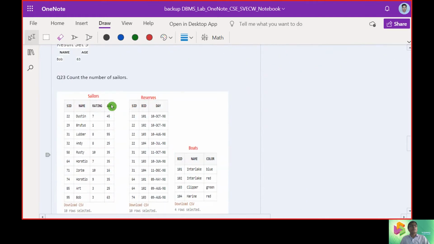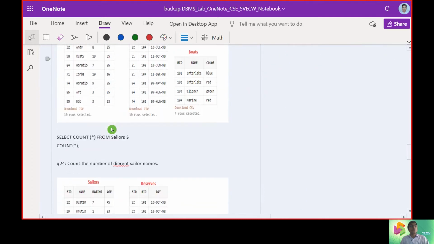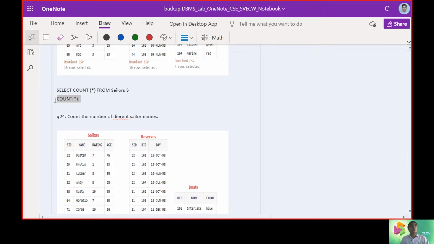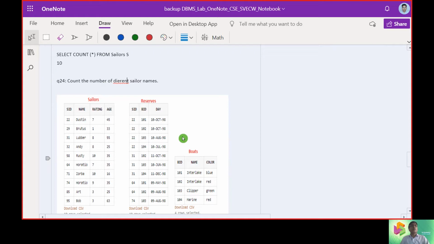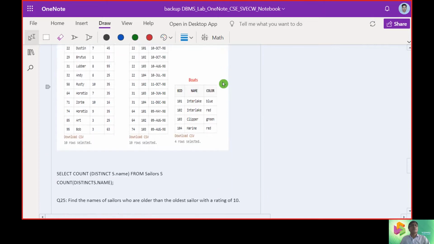Okay, now count the number of sailors. It is quite easy, so obviously we will be getting the answer as 10. Next, we need to count the number of distinct sailor names.